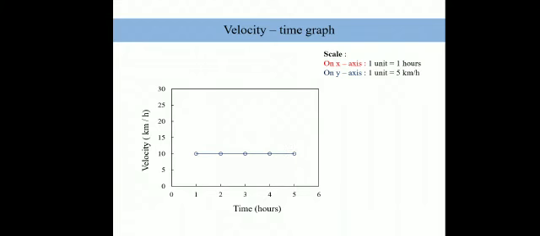First of all, you can check this straight line. If you see, it is cutting at a value of 10 kilometers per hour. So let's see the value of velocity at the first time. At 1 hour, the velocity was 10. After 2 hours, the velocity of the object is again 10. After 3 hours, it is also 10. After 4 hours, also 10. After 5 hours, also 10. That means speed or velocity is not at all changing with time.